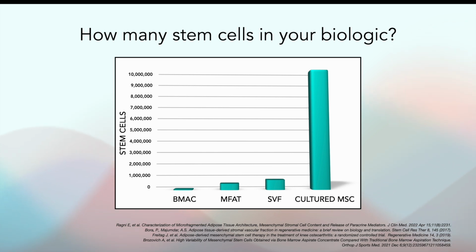And this brings us to the point, how many cells are actually in the biologic that you're offering your patient? We know that BMAC, microfragmented adipose tissues, SVF, contain stem cells, but these numbers pale in comparison to the cultured MSC products that start at 10 million and can go up to 100 or 200 million cells in a dose. So we need to be cautious that we don't translate the information from the stem cell research and apply that to BMAC or MFAT